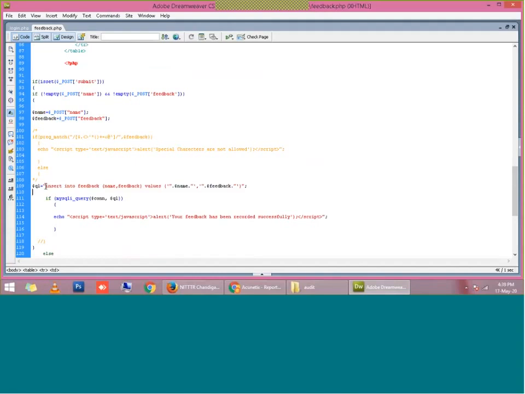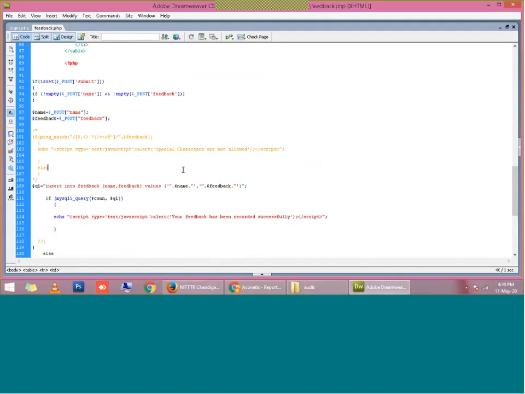You must be aware of the insert query: insert into table name, these are the fields, and these are the values which I am passing, the collected name and feedback values. So this is the reason why it is vulnerable to cross-site scripting.